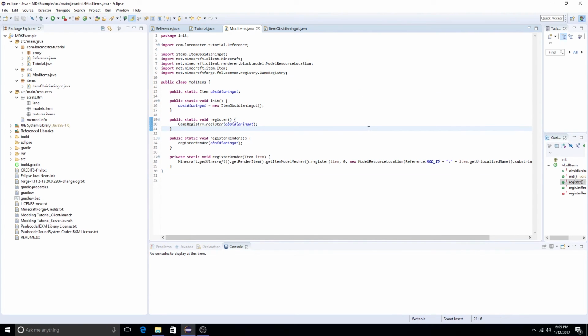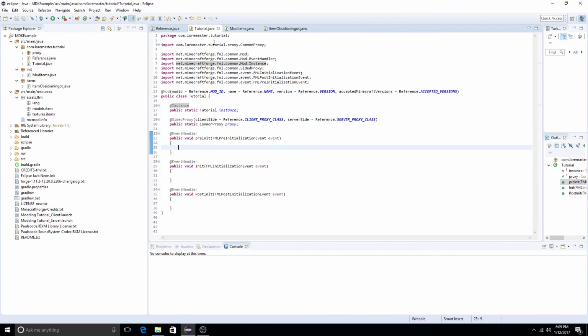Now, while we have created the item and technically it's inside of the game, sort of, it wouldn't actually get put in the game because it's not basically running inside of the initialization events. So we have to go back to our, excuse me, to our tutorial.java or whatever you named it, your mod name, your mod class, and you're basically gonna have to register it is what I would call it. It's pretty simple. Just go down to your public void pre-init for pre-initialization, and inside of these two little curly brackets, you're just gonna type,